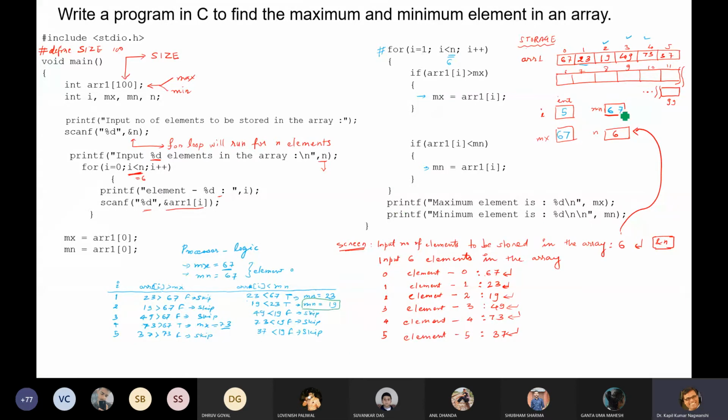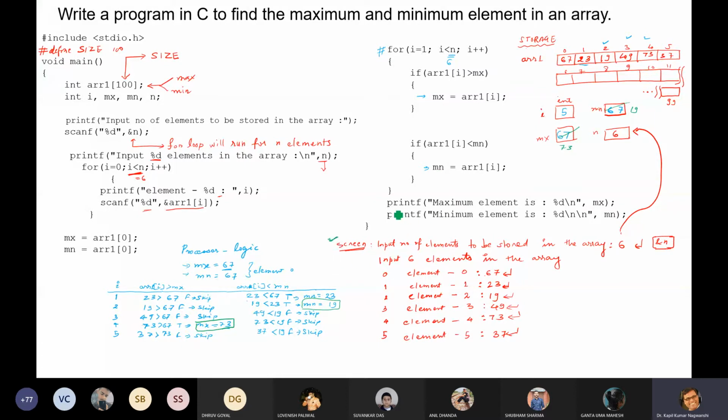Okay, so now this value will be converted into 19 and the mx will be replaced by 73. Actually, so many replacements will be there inside memory. We have shown final only. Okay, so now the current value of mx is 73. After here printf is going to execute.